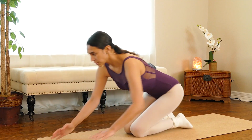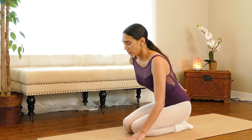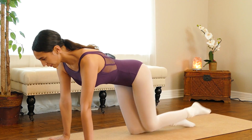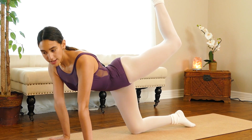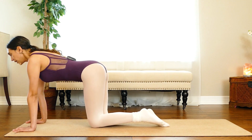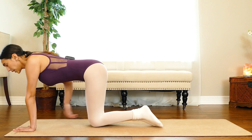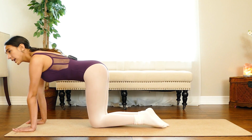Making sure those hips are squared with your spine and your tailbone and your head, keeping that back flat. You're going to lift it up as high as you can get it, and really engaging those back muscles. Again, 10 on the left and 10 on the right. Ready? And